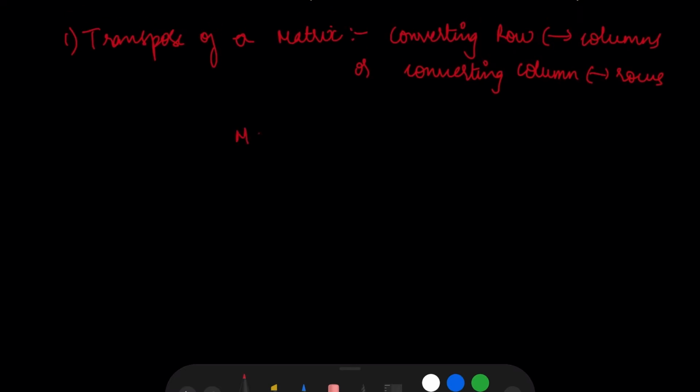So let us take a matrix M, and the elements, let's say, are 1 2 3 4 5 6 7 8 9. If you wanted to find the transpose of a matrix, it is represented as M of t, like this.